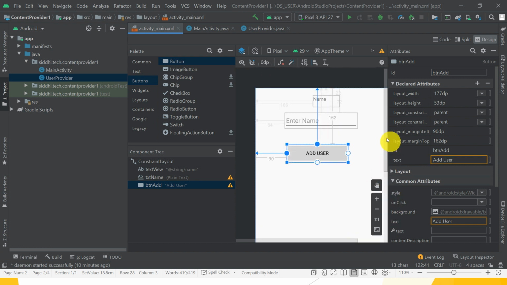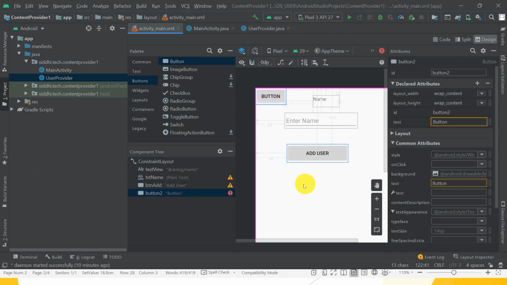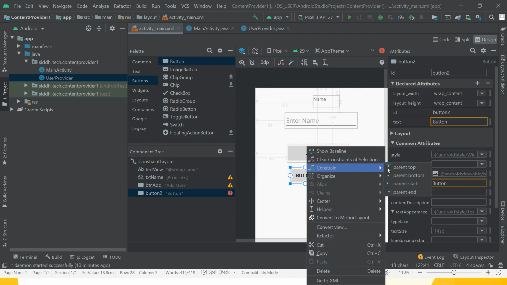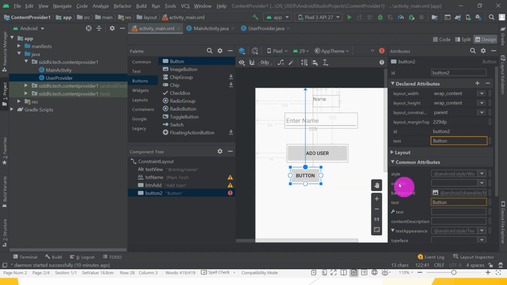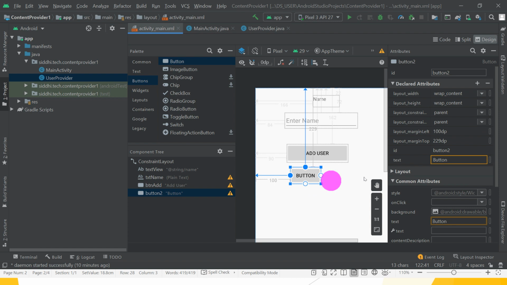Okay, so take the second button. Add this second button, give constraint to that button from parent top and constraint from the parent start. Great. After that, change the text to show user.